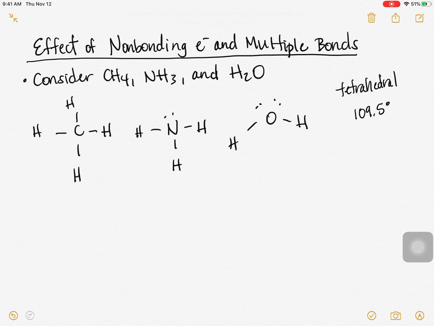That's the bond angle in a pure tetrahedral. So if you were asked to predict the bond angle here in CH4 and NH3 and in H2O, your answer probably would be 109.5 because that is the bond angle that stems from a tetrahedral geometry. However, that's only the case with CH4. So this angle, even though it's drawn to look like 90, actually is 109.5 degrees. However, when we move to NH3, the bond angle where we expect it to be 109.5 is actually a little bit smaller. It's 107. And in water, the bond angle is even smaller, and it's about